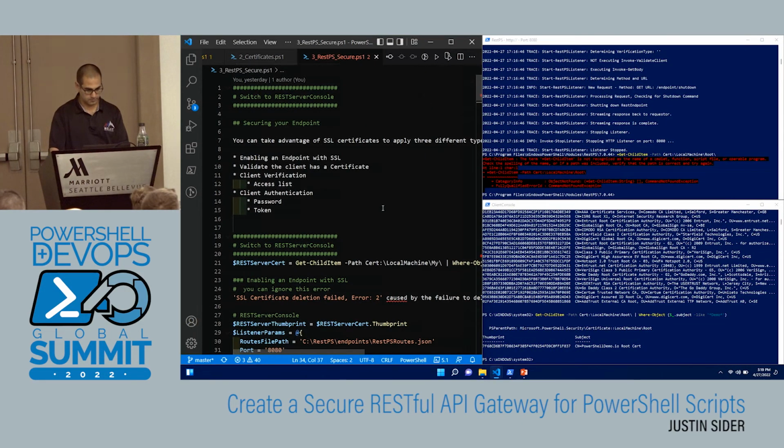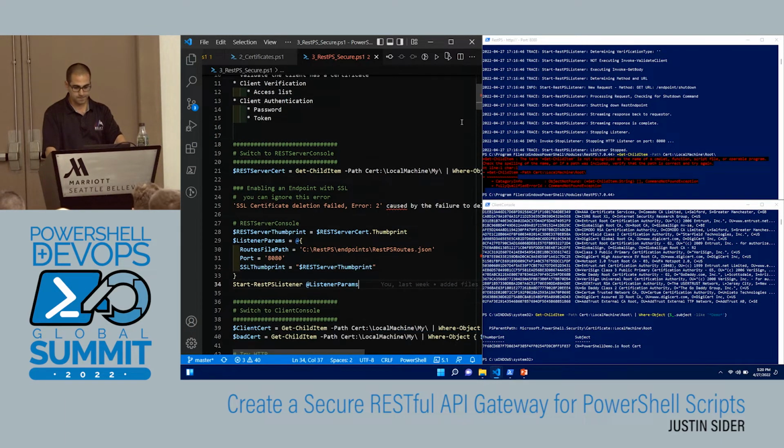So a couple years ago I had a talk and I was like, oh, I don't care about security, this, that, the other, but now I guess I apparently care about security. So the first go round was all HTTP, right? So it was just open, there was no security. So now we're going to walk through each stage just to make sure that all the security folks in the room are happy. So the first thing we need to do in the